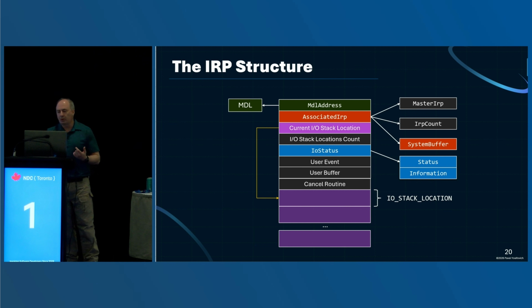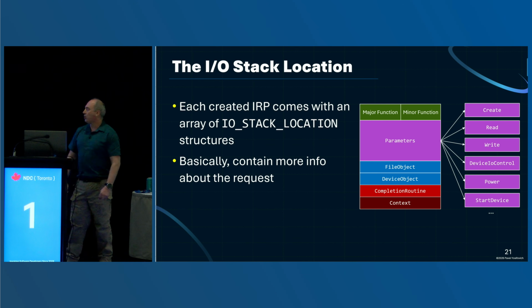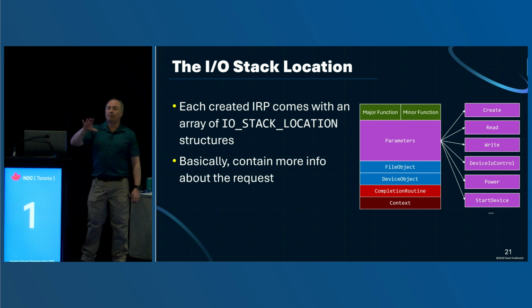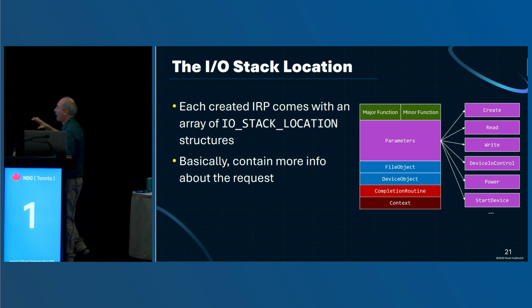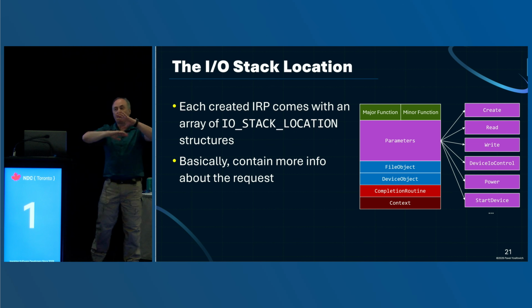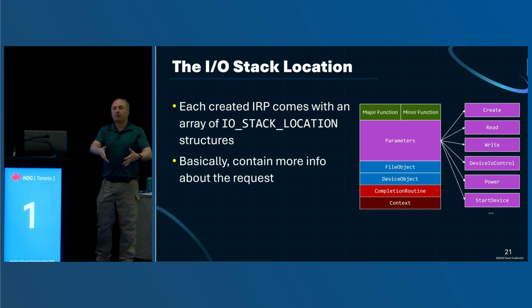For device IO control, the IO stack location actually is more interesting than the IRP itself, because this is where the real parameters are. This is what the IO stack location looks like. There's a gigantic union there called parameters that has a bunch of substructures, all part of that union, meaning they're the same location in memory. But only one of them is valid based on the current